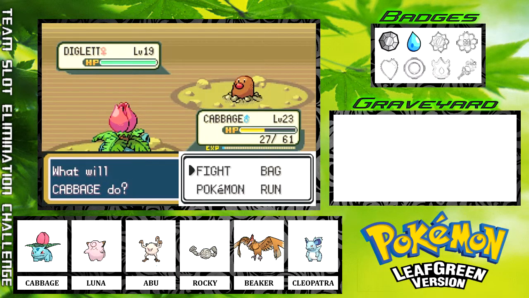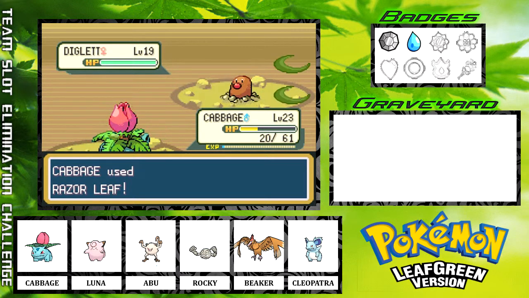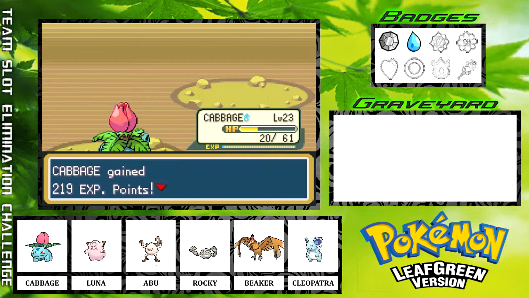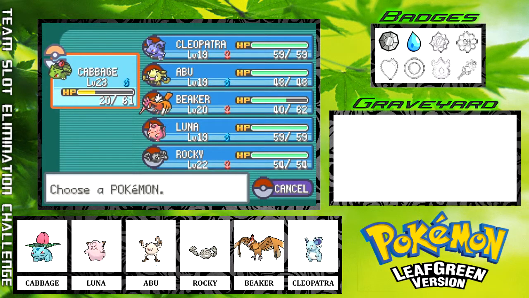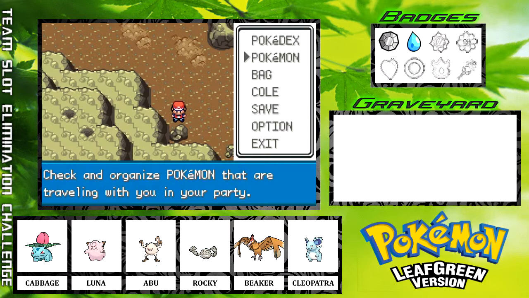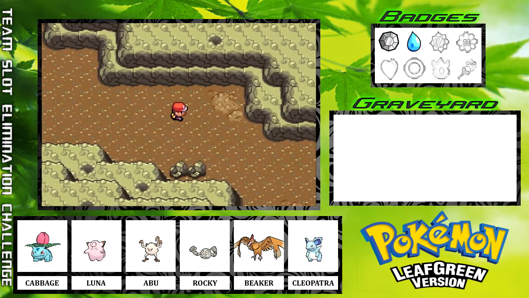We've got... You know what? I'm just... Oh, it has Arena Trap. Okay. We're just gonna go for a Razor Leaf. And maybe I should put Fearow in the lead. Yeah, let's put Beaker back in the lead, because if I remember correctly, Arena Trap does not affect flying types. So we're gonna do that, just so that I can run from the rest of these Diglett